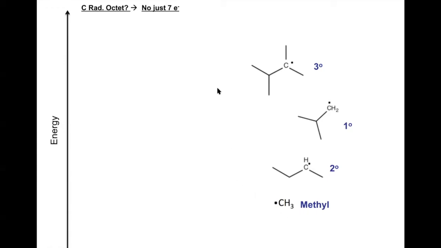So it wants an octet. It's short. If it's short an octet, is it breaking the octet rule, or is it just higher in energy? So no, it's not breaking the octet. For carbon to break the octet, it has to have over 8. That's breaking. Under is not breaking the octet. It's just high in energy.